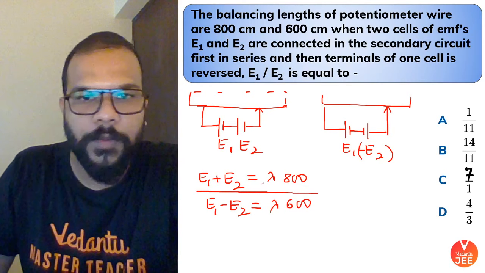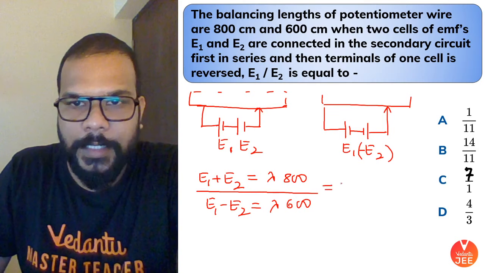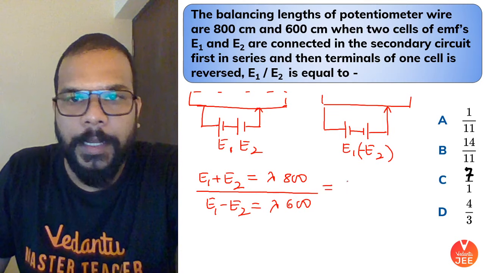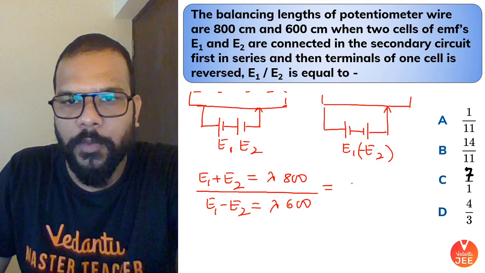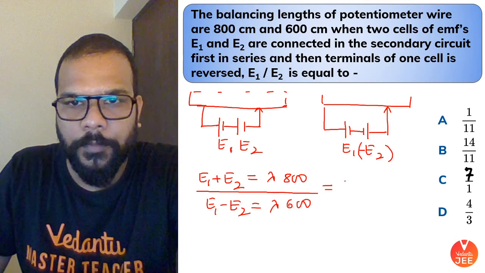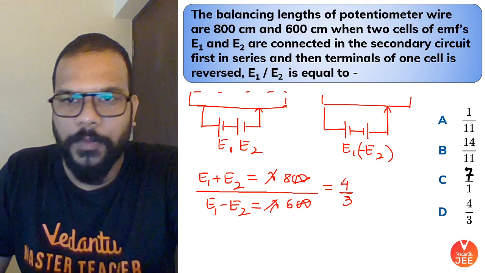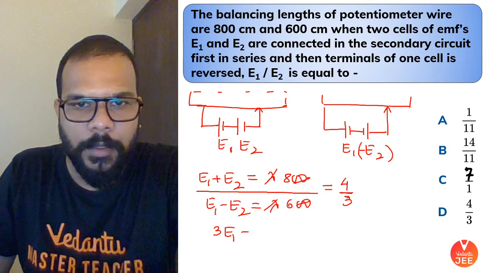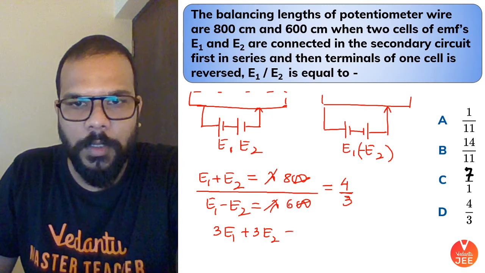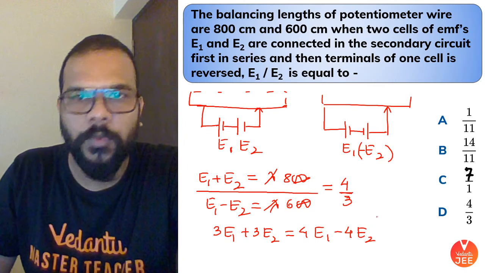Let's take the ratio of these two. So when we take the ratio, we get the ratio on the right hand side as 8 by 6, or we can say that the value will come out to be 4 by 3. Yeah, because lambda gets cancelled, zeros gets cancelled. So we have 4 by 3. Let's cross multiply. I have 3 E1 plus 3 E2 equal to 4 E1 minus 4 E2, and question is